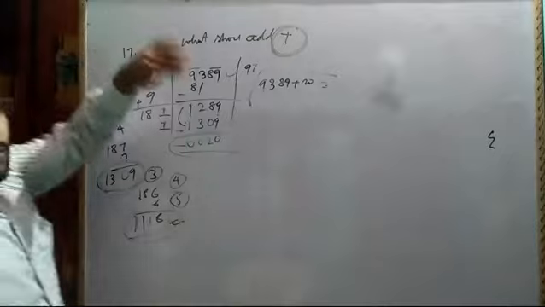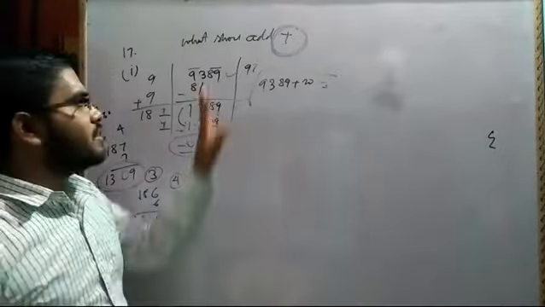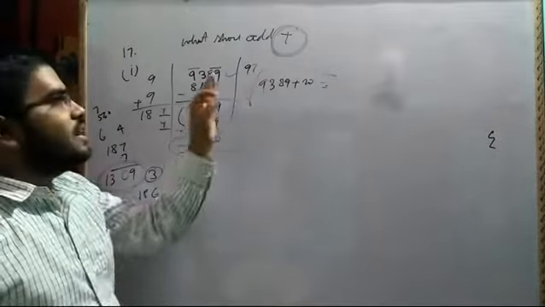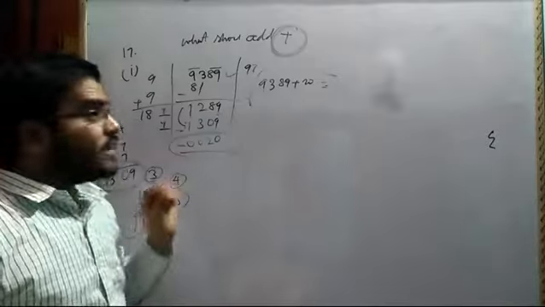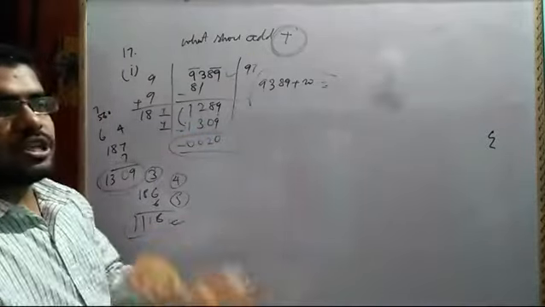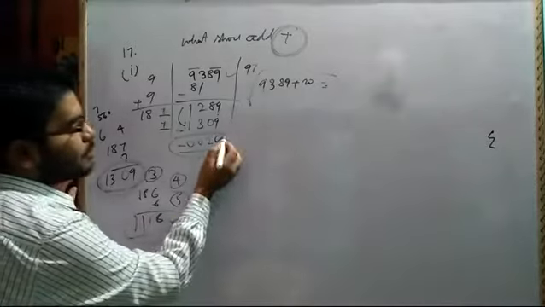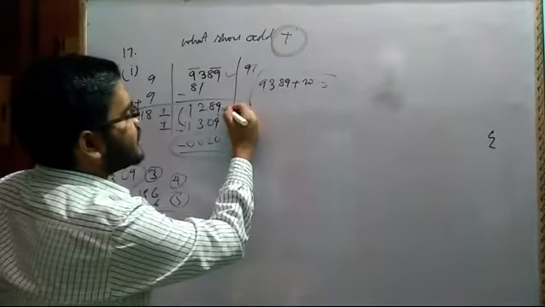When you are supposed to subtract, you have to do general long division. General long division is what you go for when you have to subtract any number. But when they ask what should be added to a certain number, then you have to do the opposite. You have to come to a last step in which it should be a little more than this number.